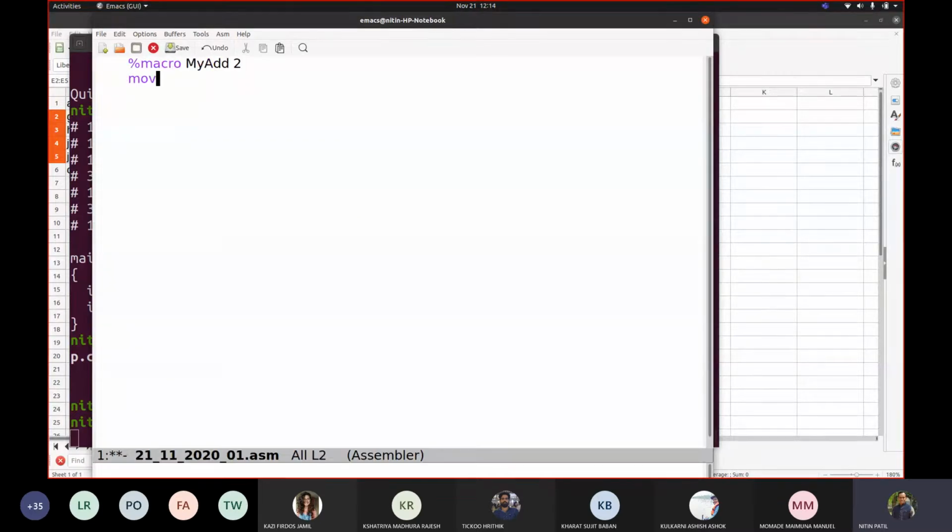Now you want to access the first parameter, so you say mov eax, $1, mov ebx, $2. Okay, let us try to see what happens, and then we will work it out. And then I am saying add eax, ebx.